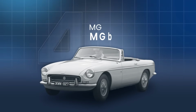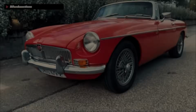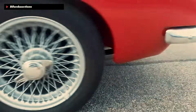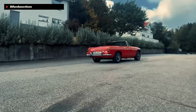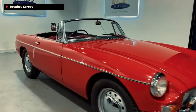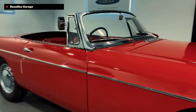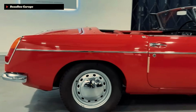Number 4. The 1962 to 1980 MGB. Yes, this is another British roadster on this list. Now, the MGB isn't just a classic British roadster, though. It's what people picture when they think of a classic roadster. Launched in 1962, its long hood, short deck, and low slung stance created a silhouette that still holds up today